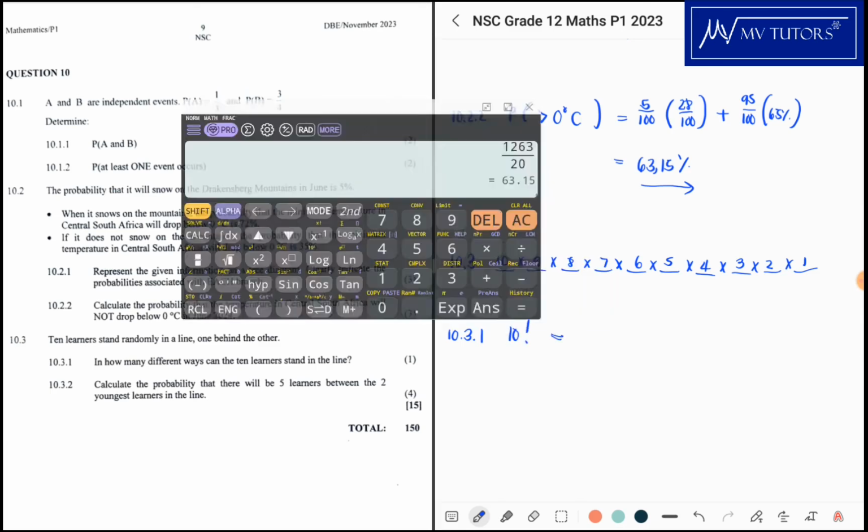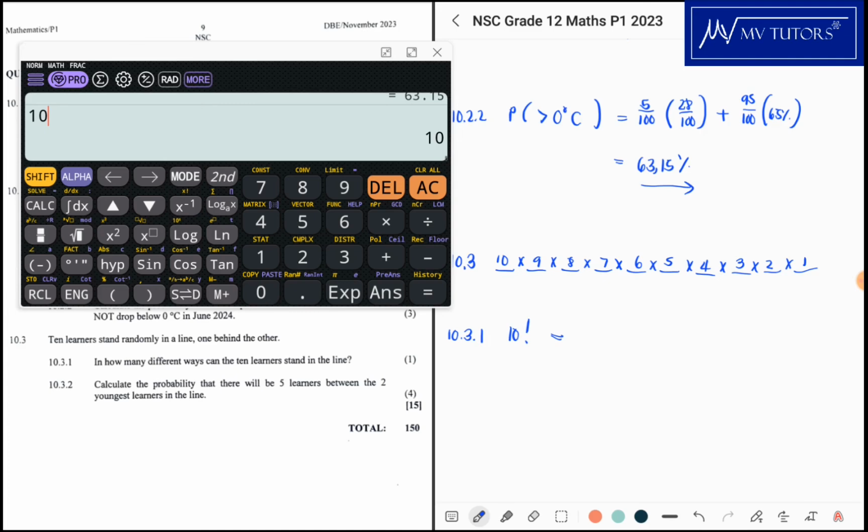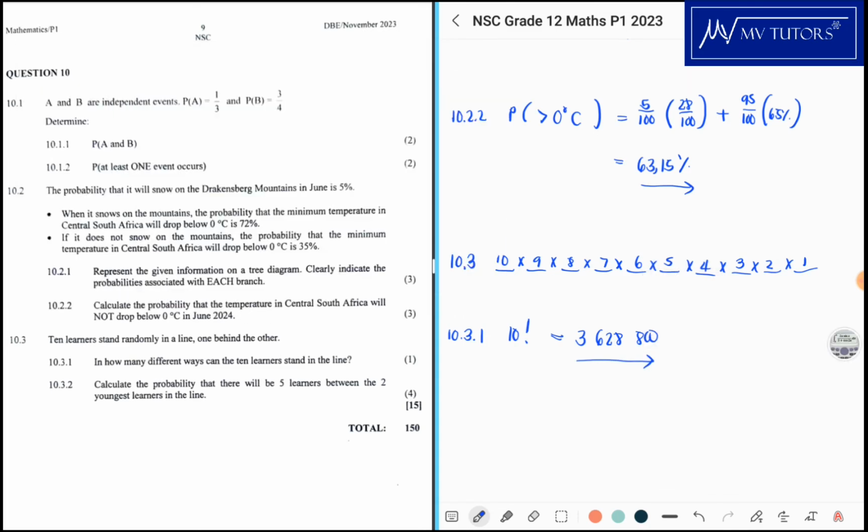I don't even know if they want us to actually put the value of 10 factorial, but just put it there just in case. So that is 3,628,800. Okay, and then now